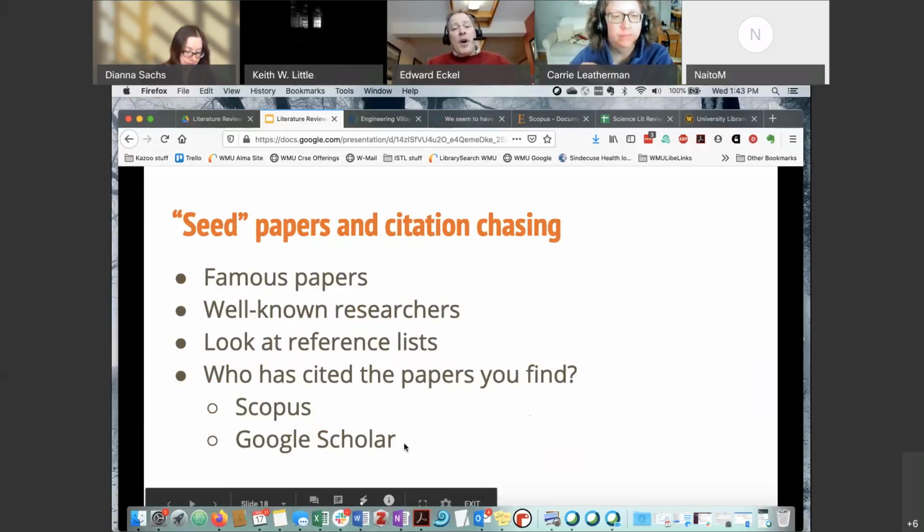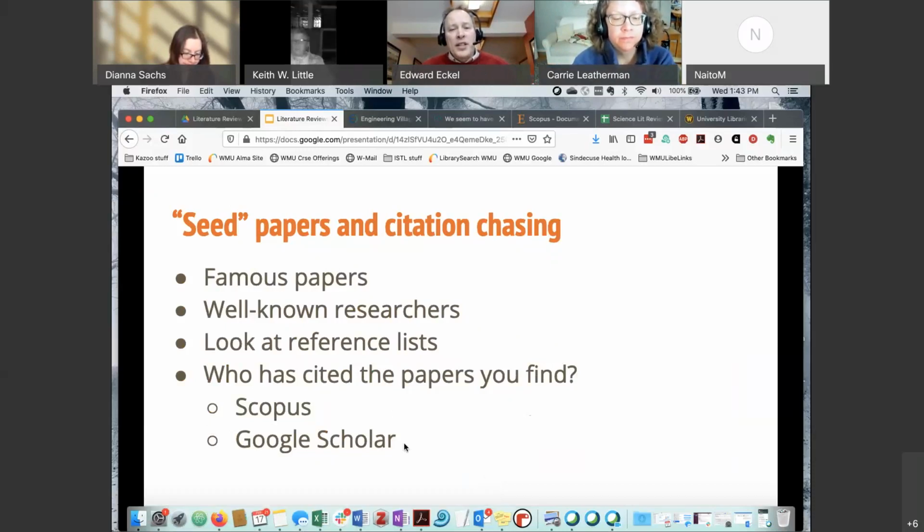One thing to keep in mind also is don't just depend on what you find from the databases that you're searching in. When you look at the papers and you're reading the papers, look at the reference lists of the papers that you read. Usually there will be several references in the reference list that you might not have found in the databases you searched, and that might be very useful for your research project. The reference list is like a freely supplied database search. So make sure you look at the reference list and pull out important papers from there. You can also track well-known researchers.